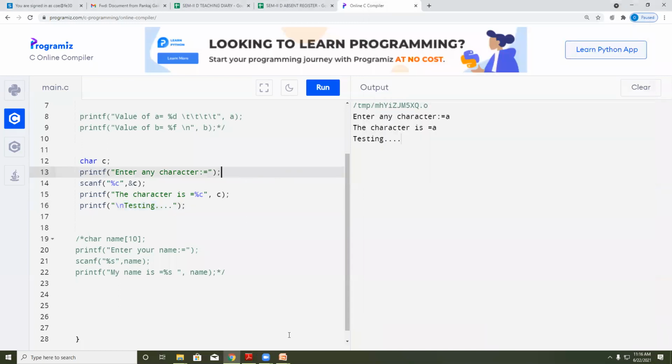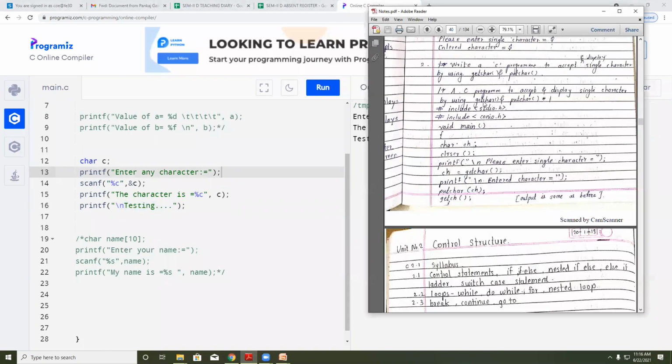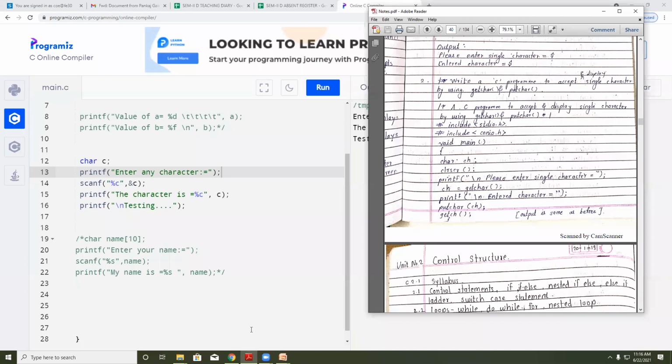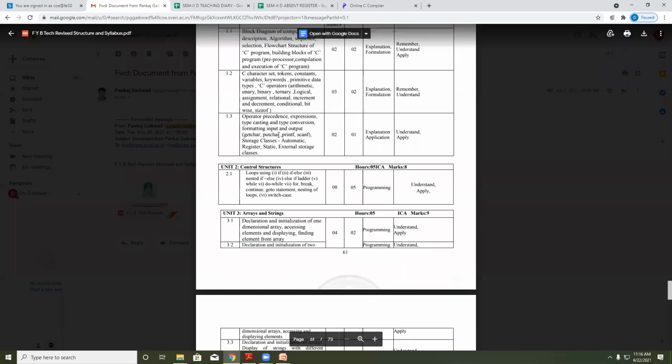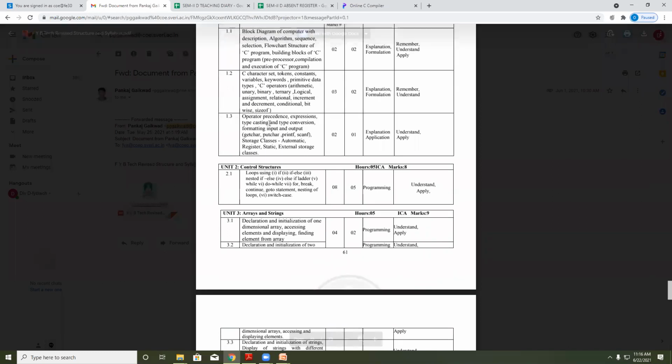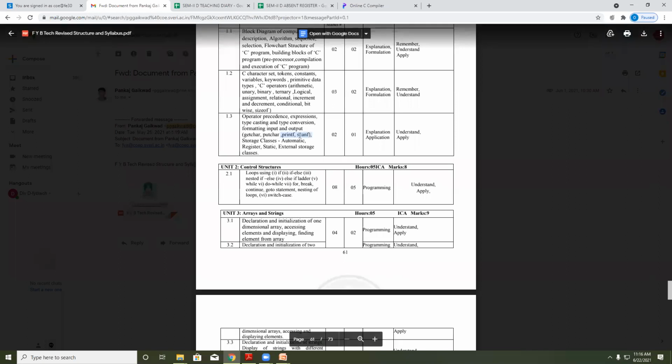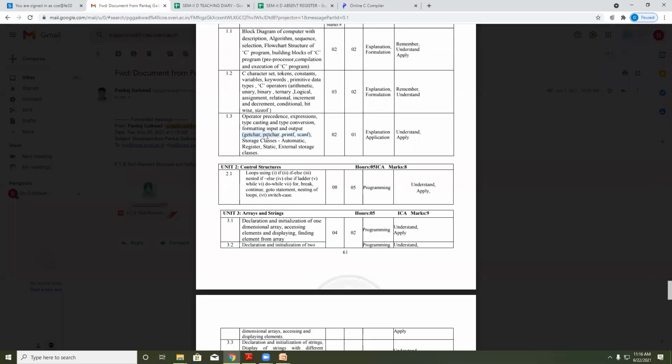Okay, so in the first unit also we have only one point remaining, with getchar and putchar. Okay, printf and scanf we have already done. Now getchar and putchar.